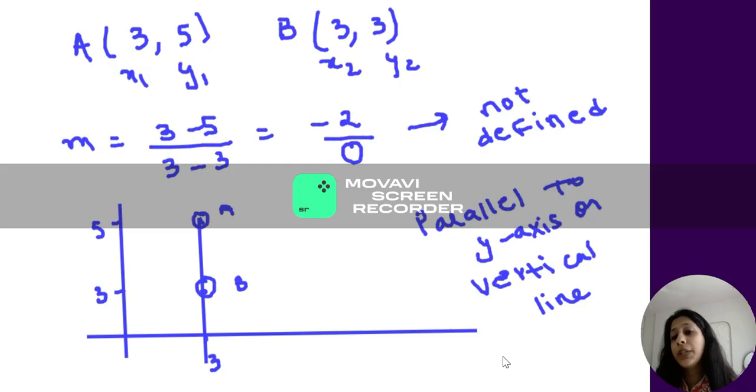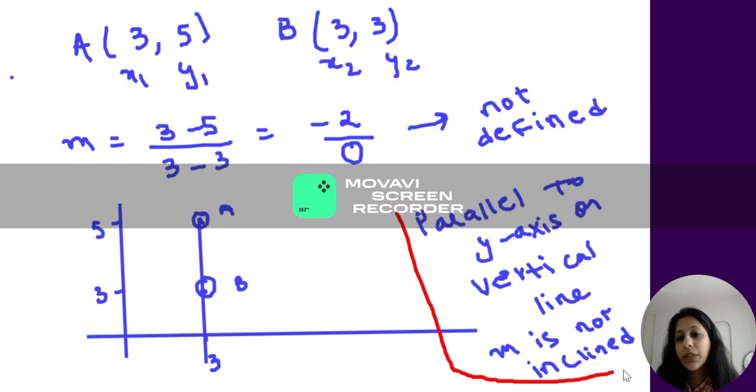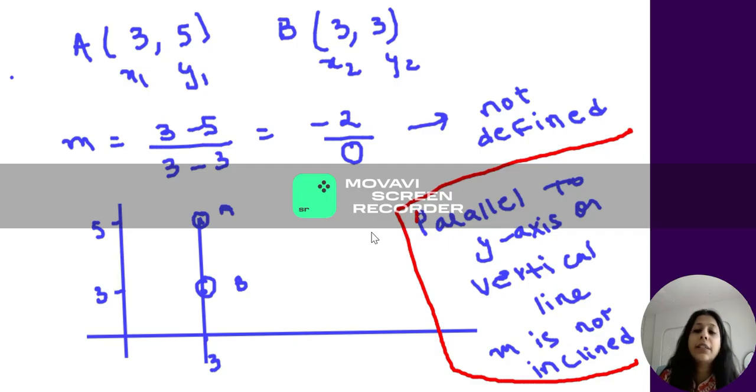And what do I observe? My gradient is not defined. Why here? Because my inclination to the x-axis here is 90 degrees. It's a perpendicular line and my inclination is 90 degrees. Okay, so that means any line which is parallel to the y-axis, or which is a vertical line, has a gradient